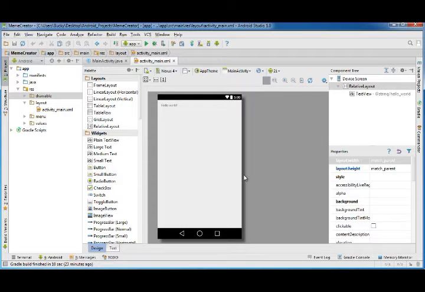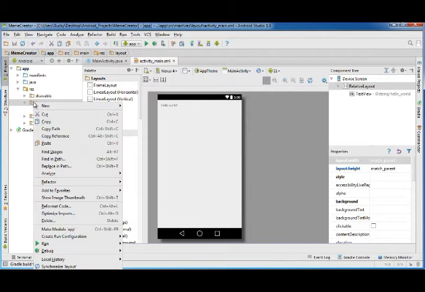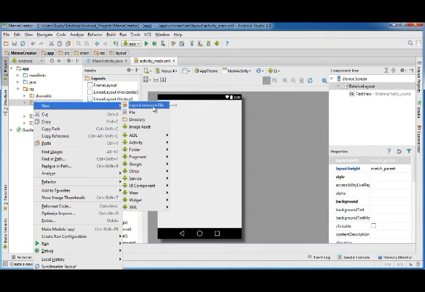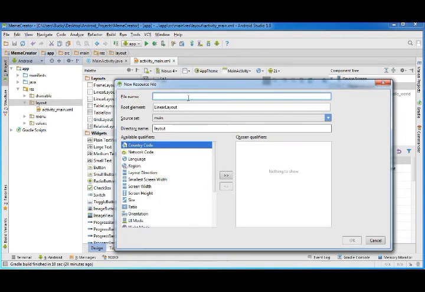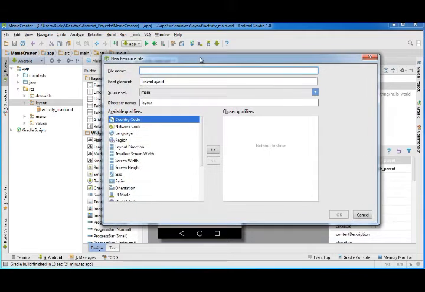So anyways, in order to create a fragment, this is what you do. The first thing I'm going to do is create the XML file. If you go to your layout right here and right click it and choose new layout resource file, this is pretty much just saying create a new XML file. So I'm going to click that. And what do you want your layout or XML file to be named? I'm just going to name mine top section